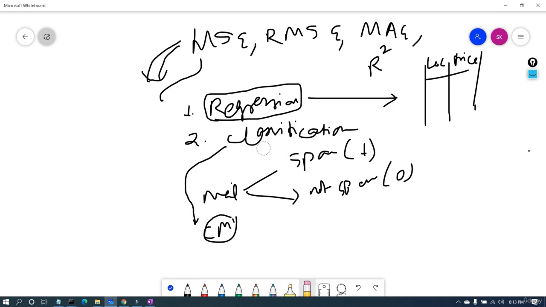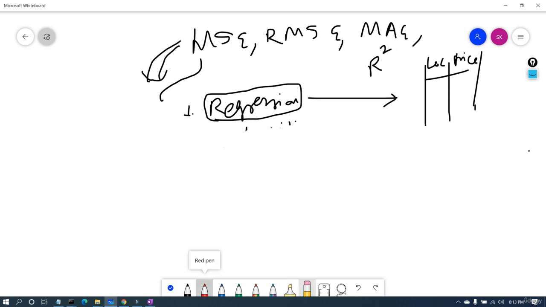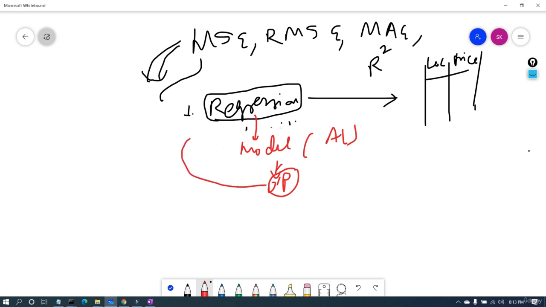In order to evaluate the model, evaluation means to test the accuracy of a model, to test whether the regression model worked well or not. Regression is basically only a model. It is just an algorithm, and it is going to give us some output. Now that output should be tested to check whether this model was perfect or not. So in order to check whether the model did its best to represent the data or not, we use these techniques,